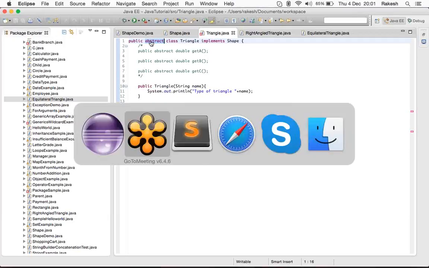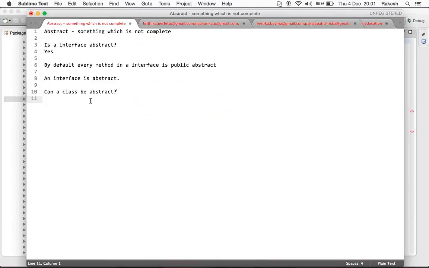Okay, so this answers our question here. Can a class be abstract? Yes. If a class is not implementing all the methods,